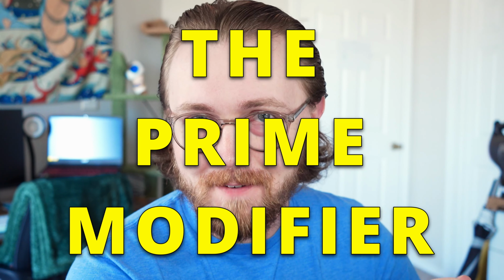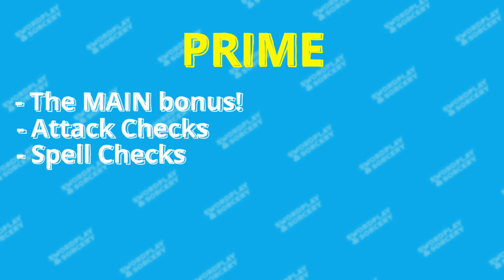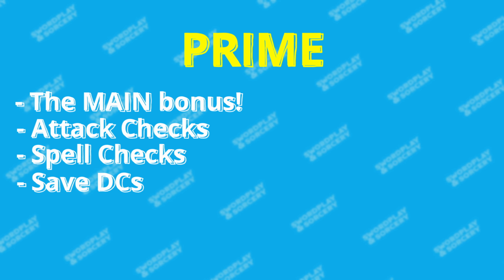Some of you might be wondering, why is your attribute score capped at all in DC20? Well, that is because of a secret 5th attribute: the Prime modifier. Prime represents how experienced and heroic you are as an adventurer. In DC20, Prime is the main bonus added to things like your attack checks, spell checks, save DCs, and awareness